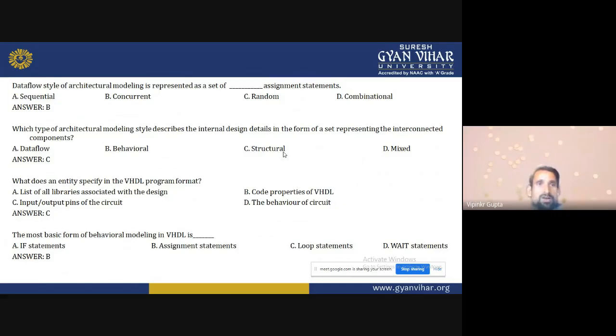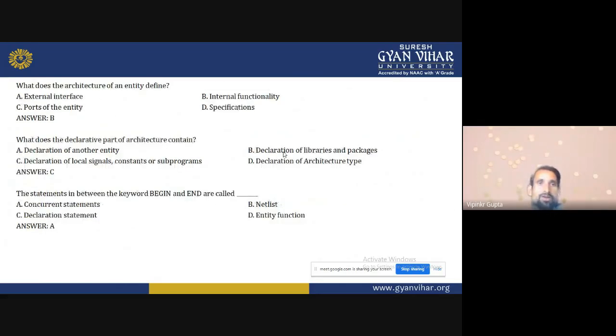What does the architecture of an entity define? External interface, we cannot bother about the external interface. Internal functionality, we define the entity and we provide the architecture for the connection of these entities. So the port of the entity, not specifications. So the correct answer is B. Internal functionality we can define in the architecture body. What does the declarative part of architecture contain?